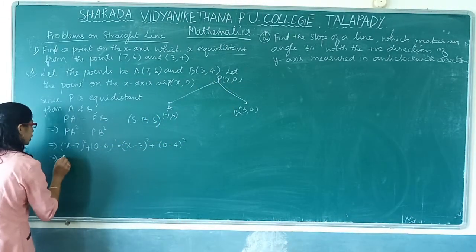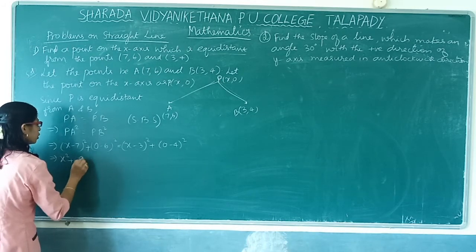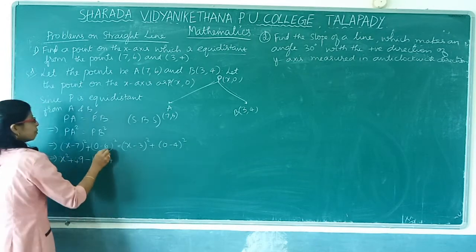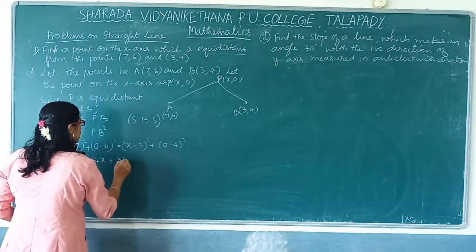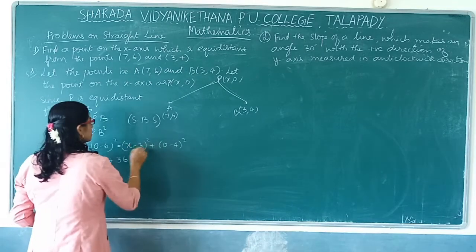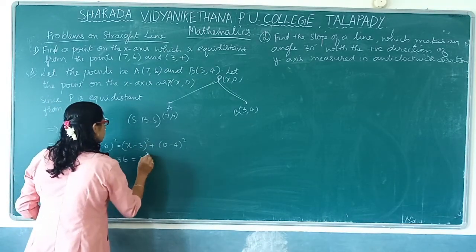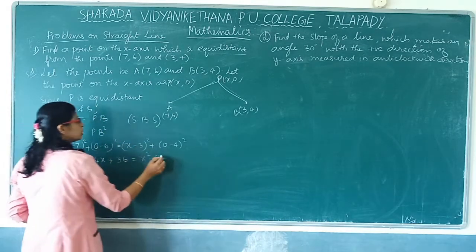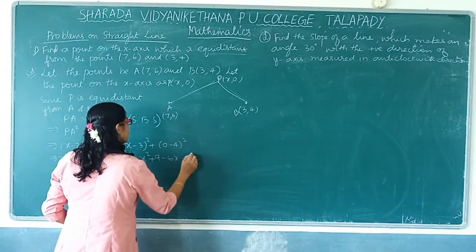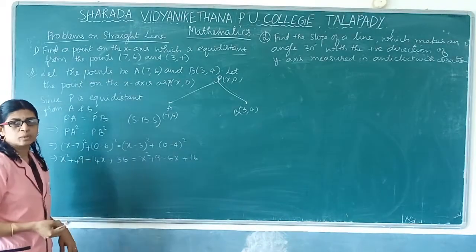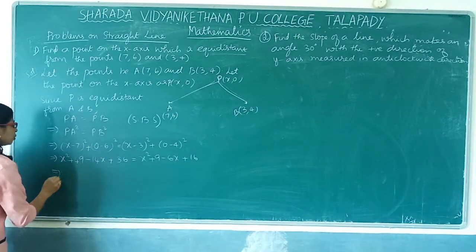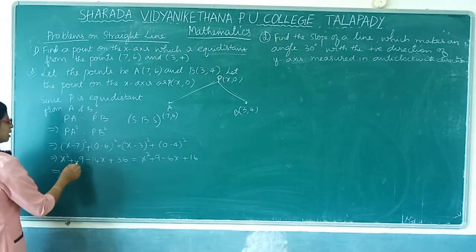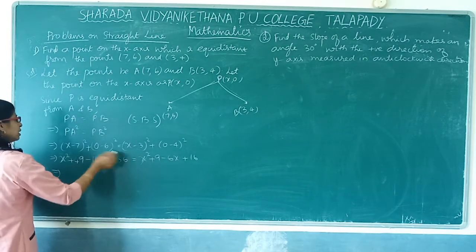So expand this, what do we get? X square plus 7 square is 49 minus 2 into 7 into x, that is 14x, plus minus 6 the whole square. What is that? 36. It is equal to, here also we will apply the same expansion. X square plus 3 square is 9 minus 2ab, 2 3s are 6x, plus 4 square is 16 minus 4 the whole square. So it becomes a positive number. So here both the sides we have x square and x square, they get cancelled. Then 49, 36 can be added. 40 plus 30, 70, 84 it is.